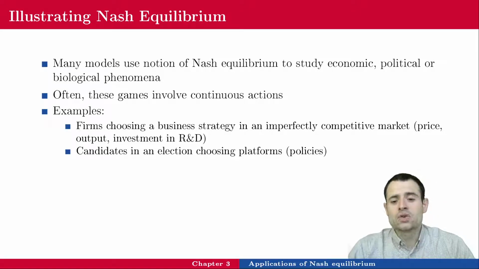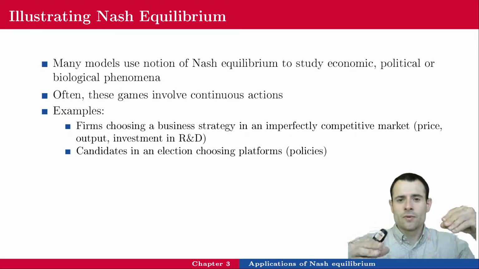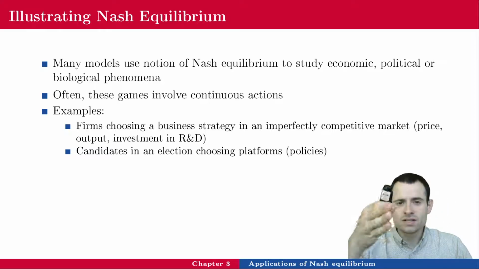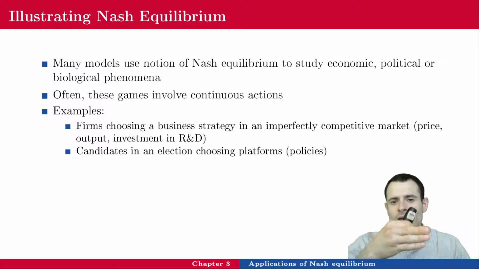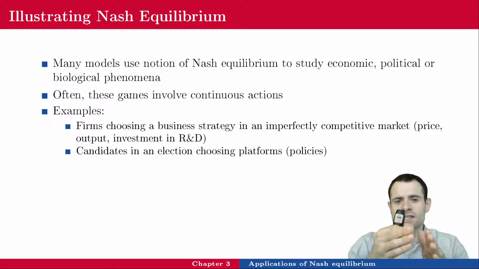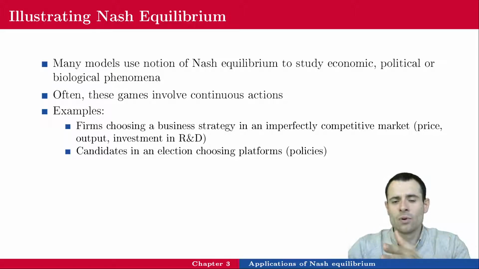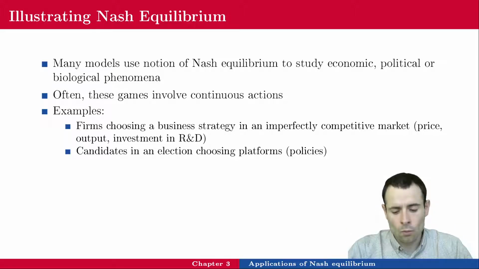Candidates in an election choosing platforms. Very simple game theory models of politics involve a spectrum from extreme left to extreme right, where people have their preferences and they place themselves pretty much, they don't tell it to everybody, but they are placed on this spectrum. And depending on the density of people, where people are located,